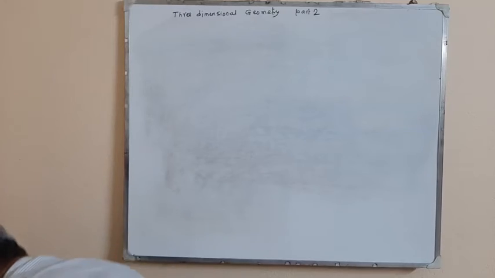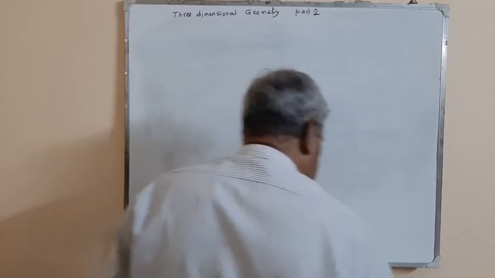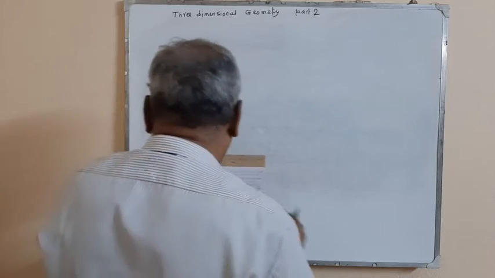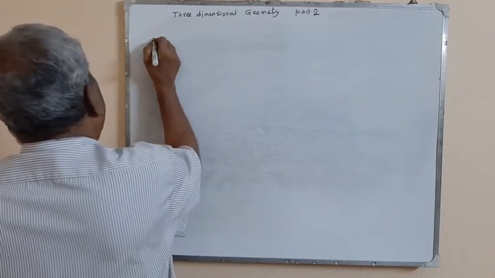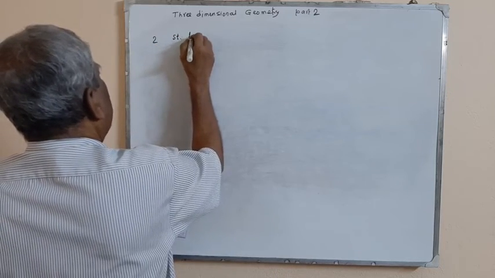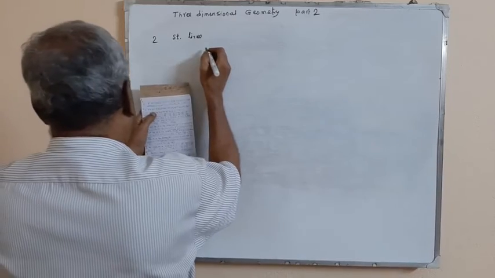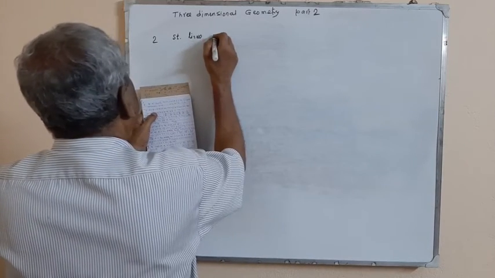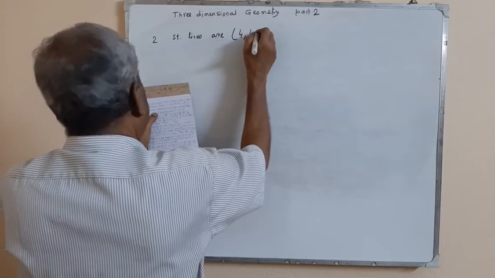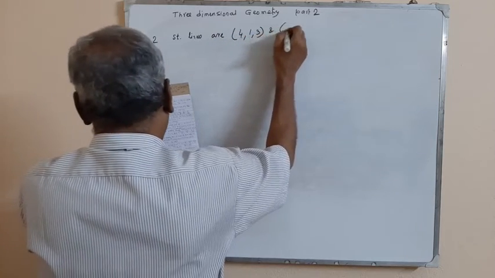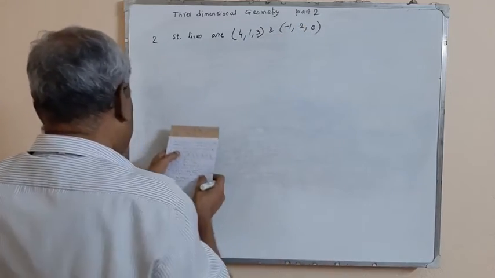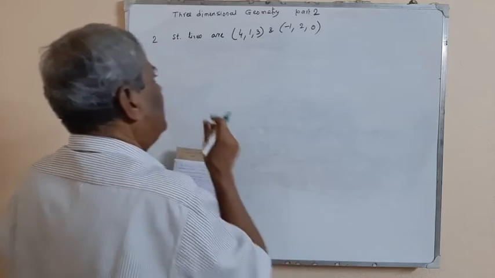Now, the next problem. The direction ratios of two straight lines are (4, 1, 3) and (-1, 2, 0), then the direction cosine